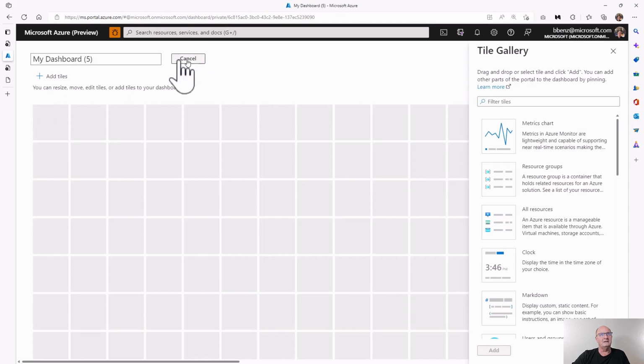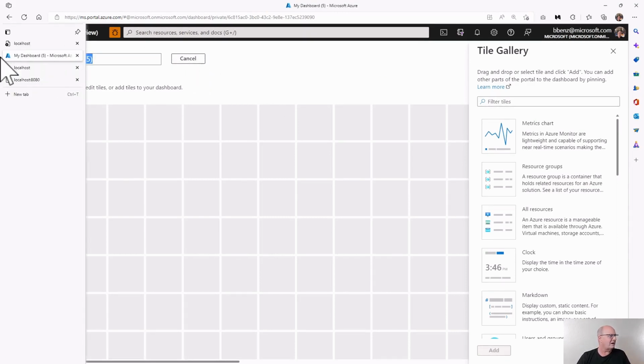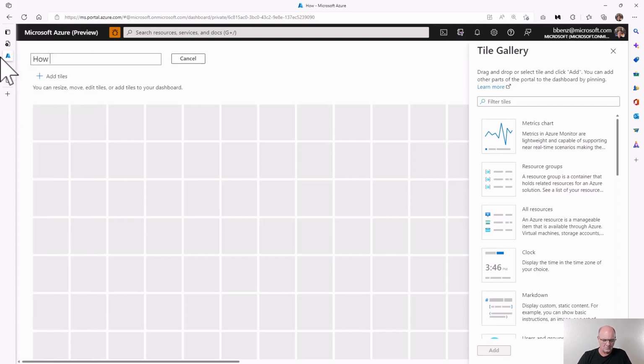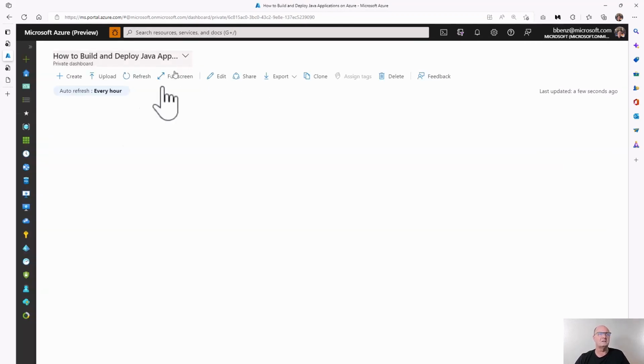From there, we can just call it how to build and deploy Java applications on Azure. That's, boy, my bad spelling. And we'll just save that. Okay, so now we got a blank portal dashboard.